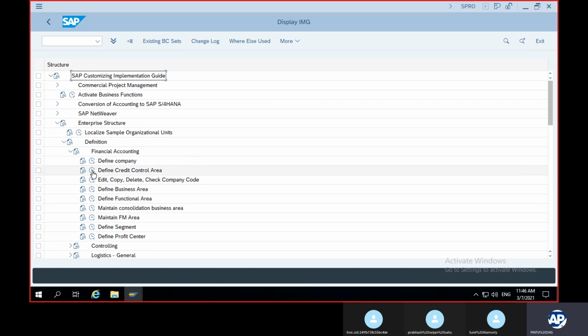Okay, we have defined a company. This define credit control area is for the sales and distribution guys. Those who are learning sales and distribution need to configure this define credit control area. For a finance person, this is not required. We'll go to this point: edit company code, delete, check company code. You click here,